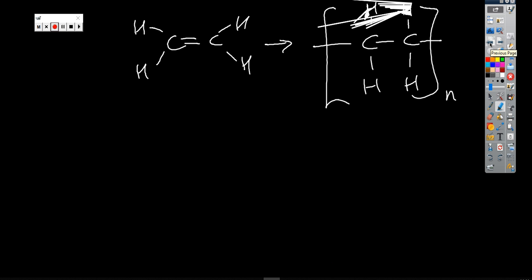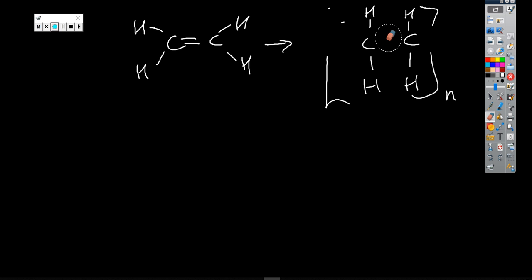And the final one, which was ethene, but it's a bit messy. Let me just see if I can get rid of some of that. Okay. And I have hydrogen there, and I have hydrogen there. I would do exactly the same. I would get rid of the bond. I would get rid of this bond. And then I just simply pop my double bond back into the structure there, and that was nice and easy to name. That would just be, of course,